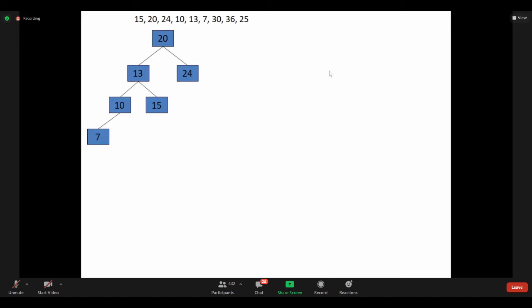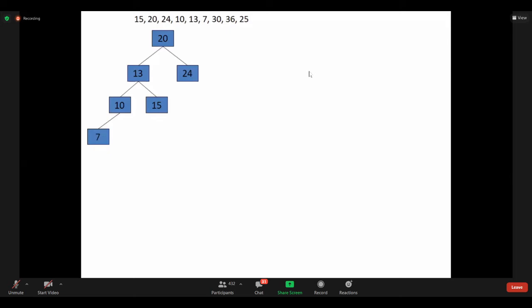Then which rotation? Balanced or imbalanced? Imbalance at... tell me the values.